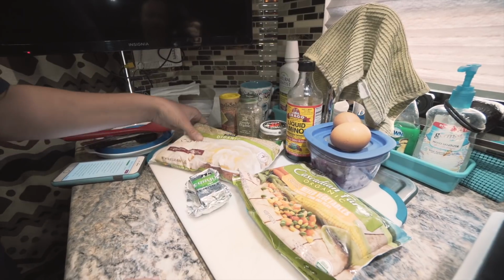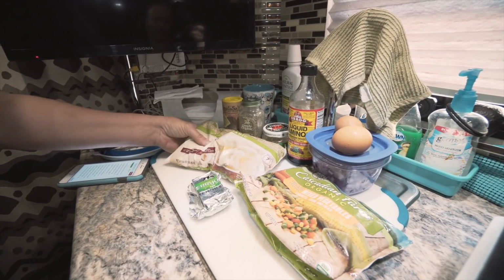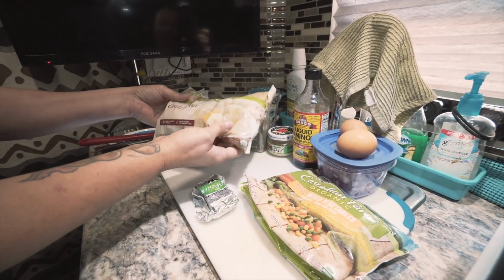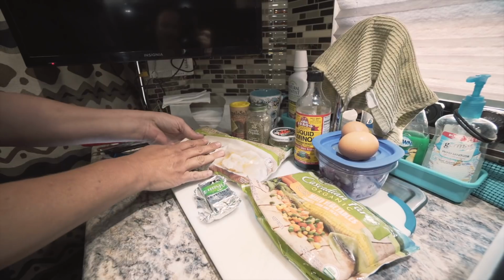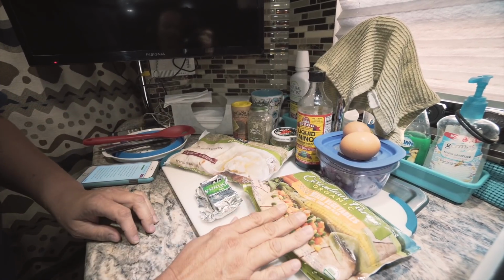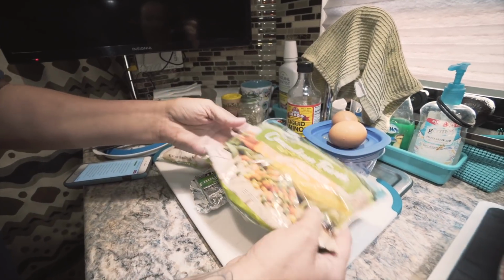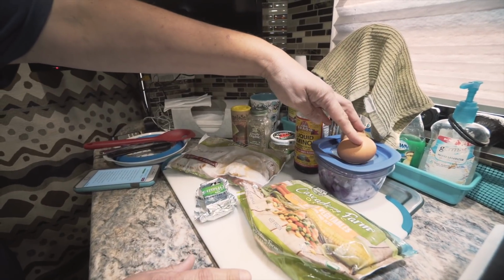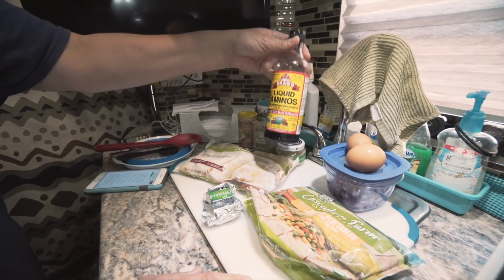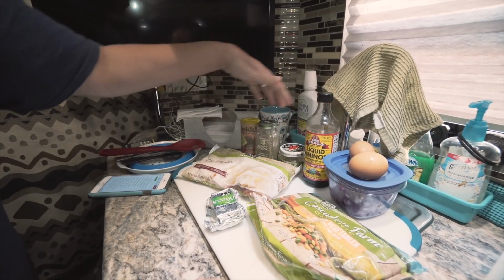We're going to need cauliflower. You can use fresh cauliflower and rice it, or you can get already riced cauliflower. What I have is just frozen cauliflower florets that I'm going to chop up into about the size of rice. You need vegetables of your choice. I'm going to use frozen mixed vegetables. We're going to need 2 eggs, onion, soy sauce, or in our case I'm using liquid aminos, garlic, salt and